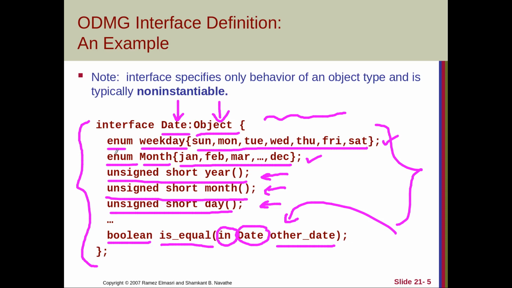Here you can see this is an enumeration type. Directly we are providing the value, just like initializing the value. This is also an enumeration type where we are defining month with some set of initial values, but since it is an enum, we can select only one at a time. Then there is a function year, which will return a value. Similarly month will return the month, then day will return the day. So all these are function or operation